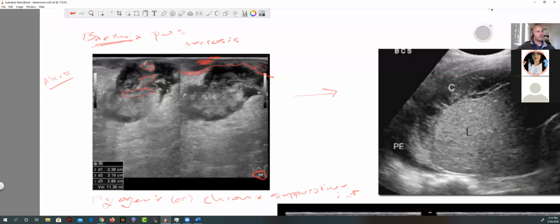But it does appear to be subperitoneal. This is going underneath the peritoneum and actually almost pushing up a little bit. And yeah, it almost looks like it's so inflamed in here that it might actually be crossing over the peritoneum, which I'm not sure how that would happen other than perhaps this is a surgery site or a site of injury with resultant bacterial invasion. But in any case,